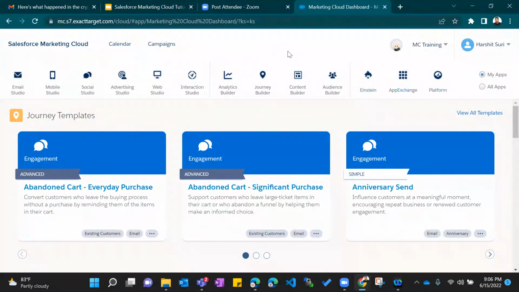We will try to cover the entire syllabus of 3 certifications: Email Specialist, Marketing Cloud Admin, and Consultant. As well as we will study 50-60% of the syllabus of the Marketing Cloud Developer certification. But development requires more effort from your side. But guys, definitely I will try my best to give you the best knowledge which can help you excel in your Marketing Cloud career. So guys, please let me know if you have any questions, doubts, or clarifications. I'll open to you now.